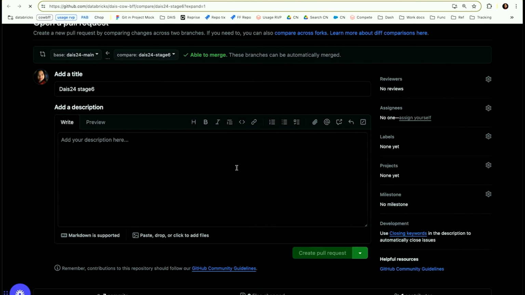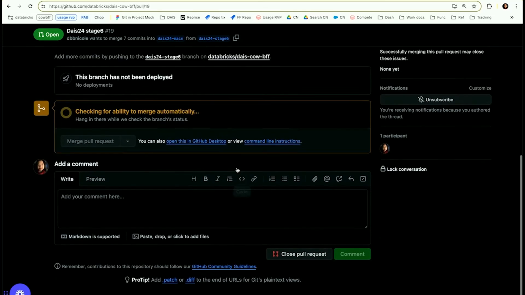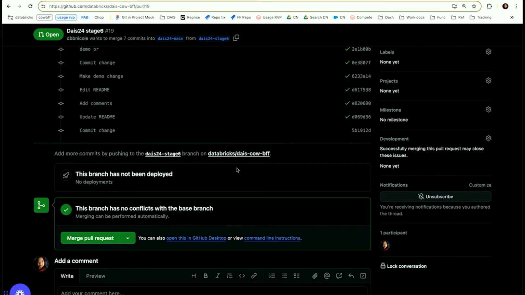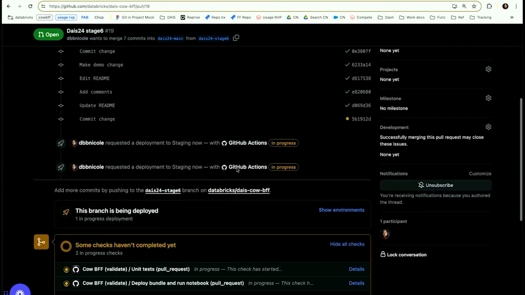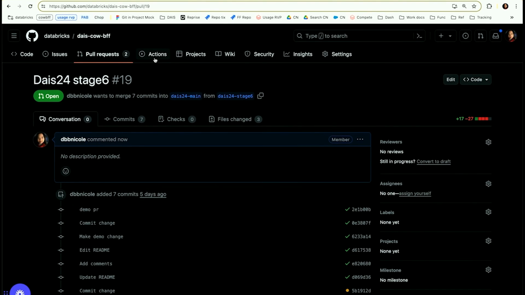Here's my pull request. And the deployment gets triggered, or the validation gets triggered. So this is our CI GitHub action that does the unit test and deploys into the QA environment. It will take a few minutes, so I will show you some history of the GitHub action for